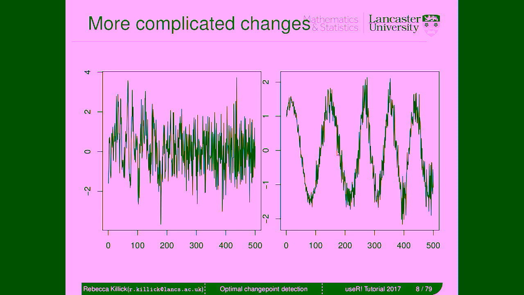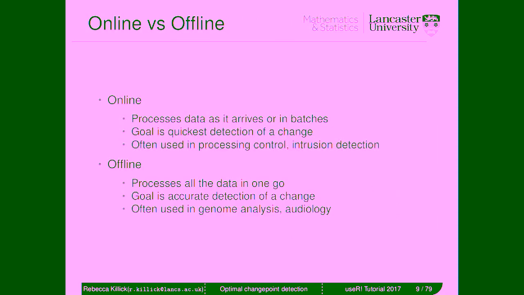So you can see sort of the variability here at the beginning. It's easier to see in the peaks and the troughs. It's fairly small, whereas on this side, it's actually fairly large. So it's a bit more difficult to see when that change occurs because of that corruption with the sinusoidal noise. But hopefully you'll see that it's not all easy changing means that we're going to be doing in the tutorial. So there's 2 distinctions that I just want to make very clear before we start getting into stuff,